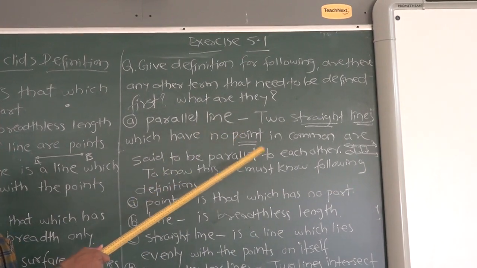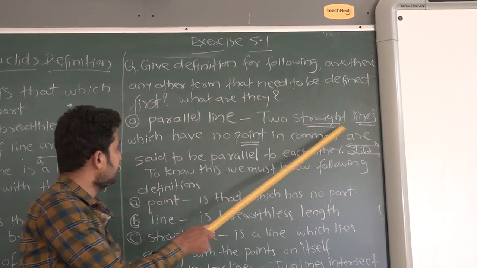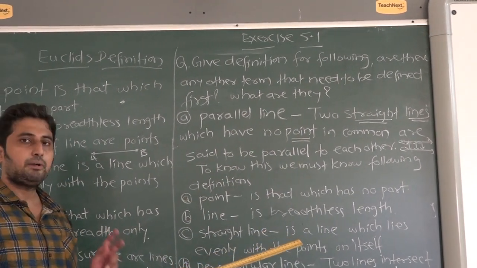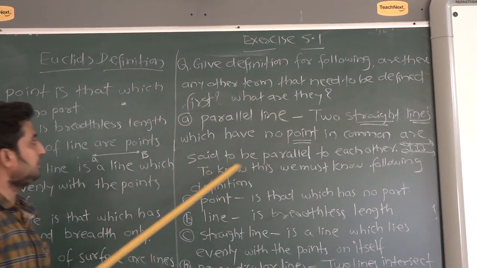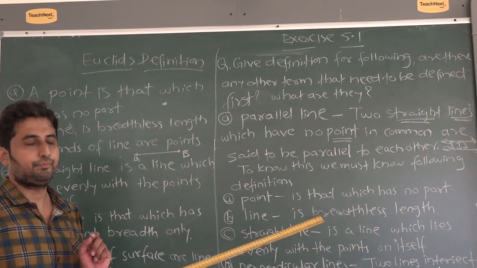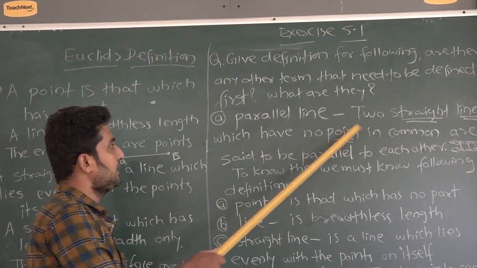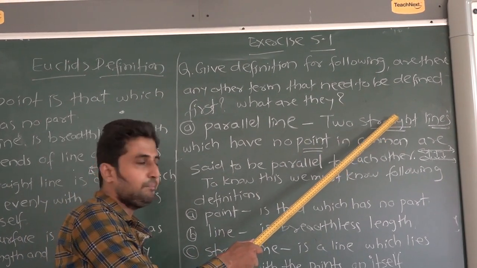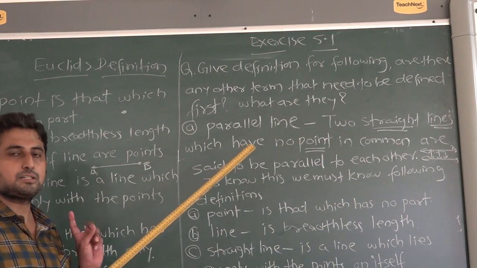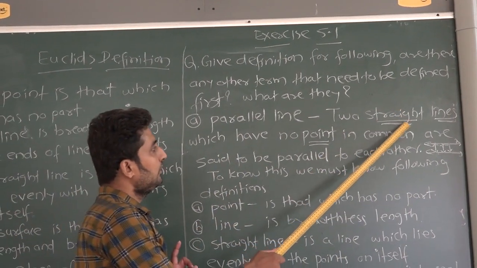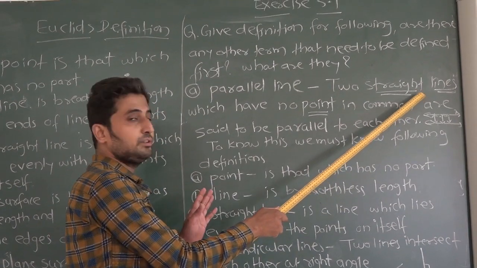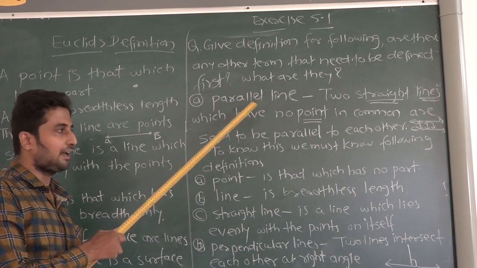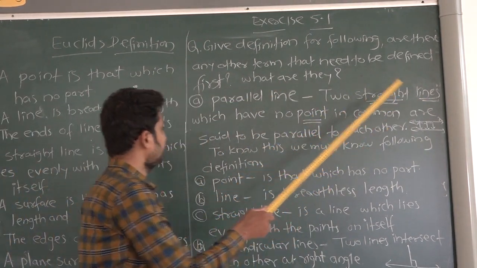In the case of parallel lines, it is nothing but two straight lines which have no point in common, known as parallel lines to each other. But dear students, if you have this definition with you, we must know two definitions initially. If you don't know what is meant by point and what is meant by straight line, it is quite difficult to understand the concept of parallel. That's why we have to define straight line first. We must know the concept of straight line as well as the point. These are very helpful in defining the parallel line. That's why initially we will go for the straight line. What is the straight line?